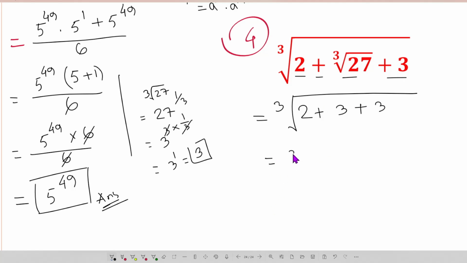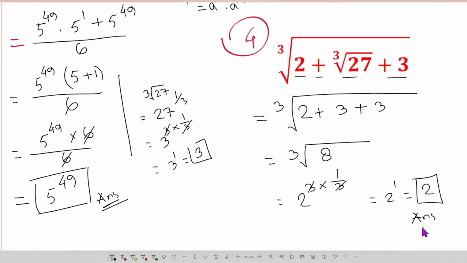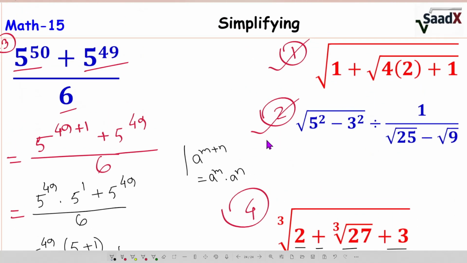Now look, cubic root 2 plus 3 plus 3, it means 3 plus 3 is 6, 6 plus 2 is 8. Now we want to omit this one. So this 8 we can write 2 cube, times again cubic root we can write 1 by 3. So this 3 and this 3 out. So 2 to the power 1, it means 2. This 2 is our answer. Very simple. So by this video I am trying to solve these 4